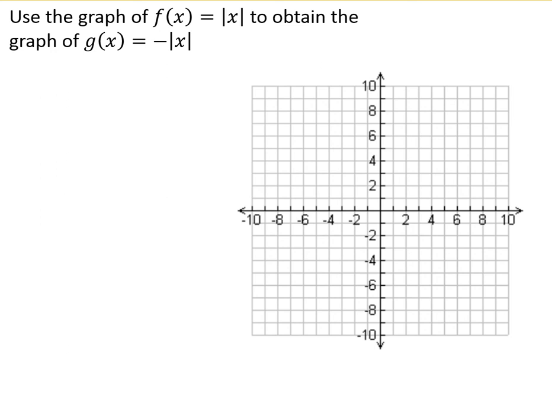Now here we're starting with the graph of f of x equals absolute value of x. We're going to use that to get a graph of g of x equals negative absolute value of x. So we need to start with our graph of f,